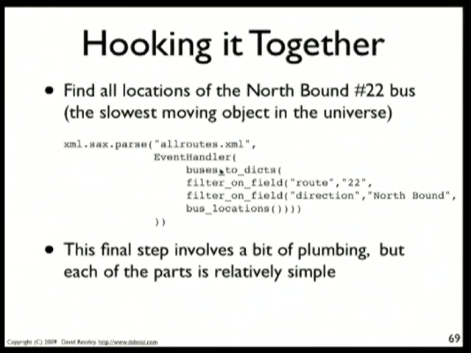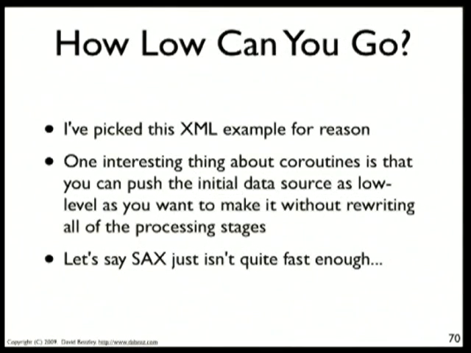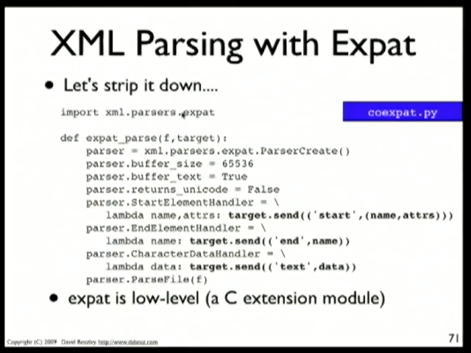One thing that's also interesting about this, and this is why I picked this example, is that with coroutines you can push that initial data source as low level as you want. Keep in mind that with a coroutine, the whole thing is driven by the send operation. And you can move that send operation to lower levels of your program. This is an example that uses the XPath library module in XML. If you've ever looked at XPath, it's way more low level than SAX. There's basically no good reason to use the XPath module for all practical purposes. But